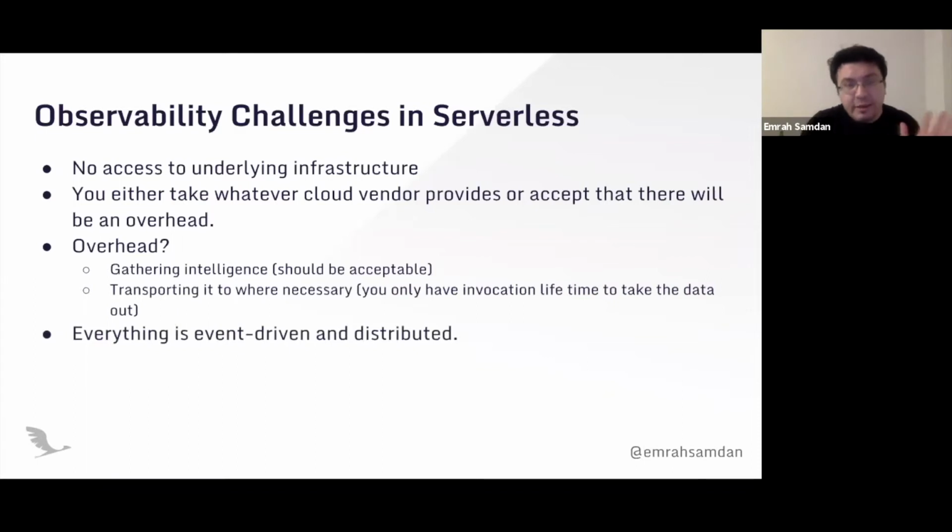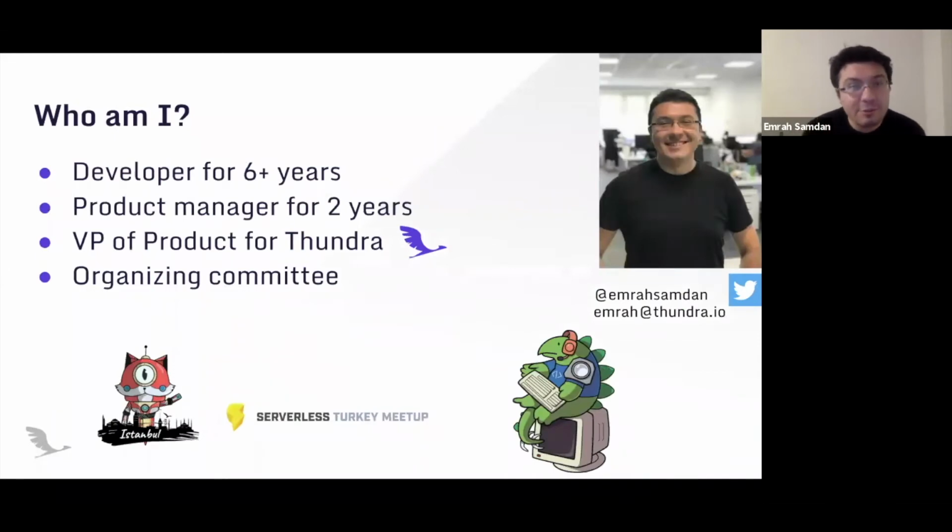And even if you manage to do some kind of magic to make your system observable, you make one function observable, sorry, most of the time you have many functions contributing to each other and collaborating together. One function triggers another, and the other function triggers another through asynchronous events, and these are completely distributed. So understanding one function is just a very small slice of the pie. In order to have full visibility, you need to understand the whole system together.